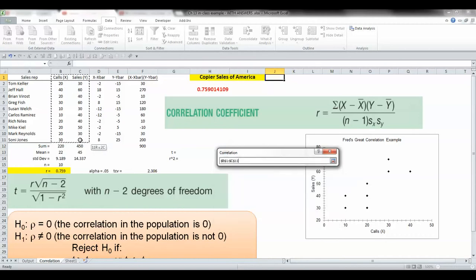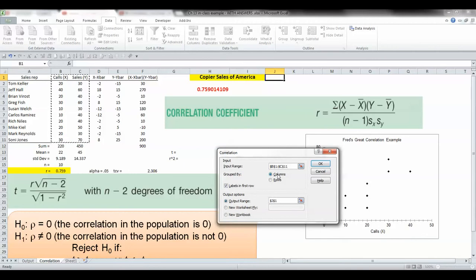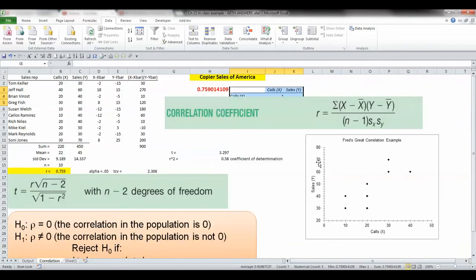Well, that's because you select both of your data columns, and then you select labels in the first row if you've done so and selected the labels. And then for our output range, we're going to just go ahead and put that right next to our other value. Hit OK,